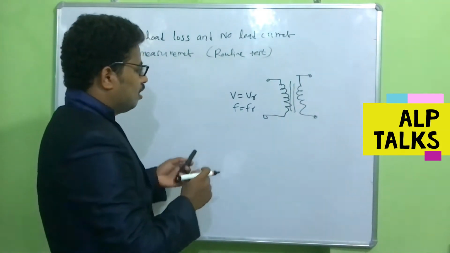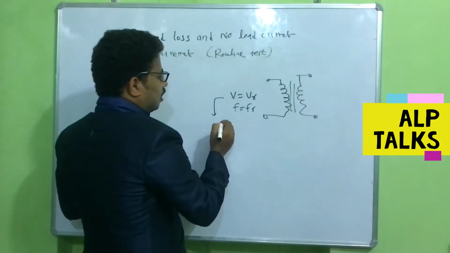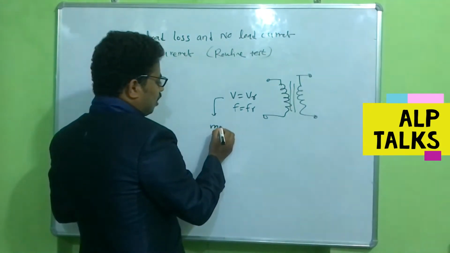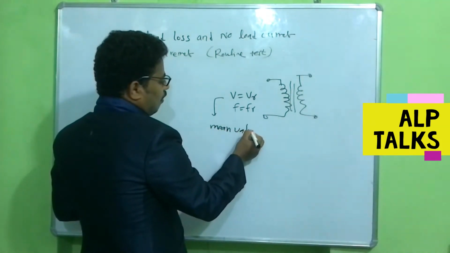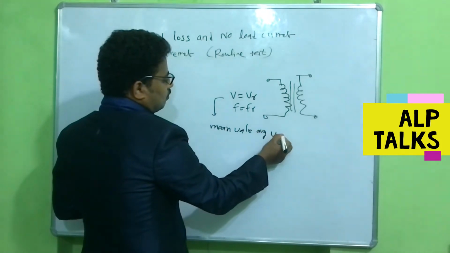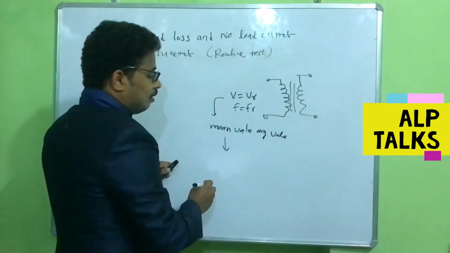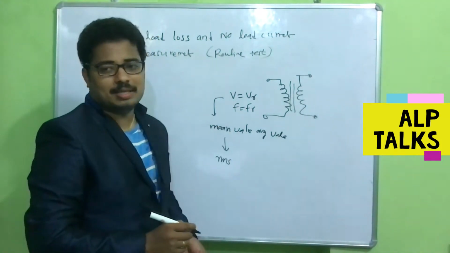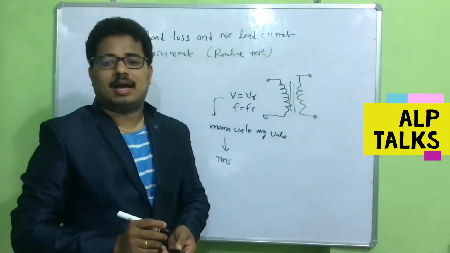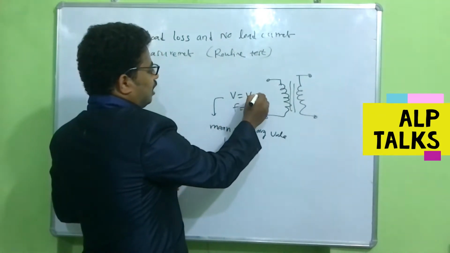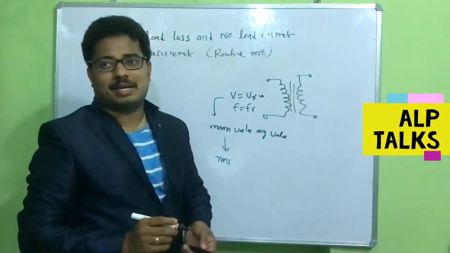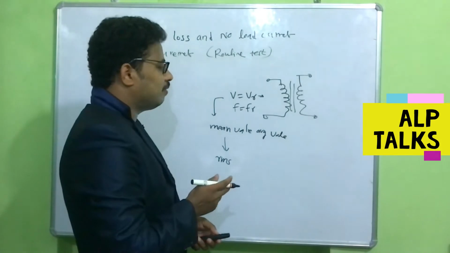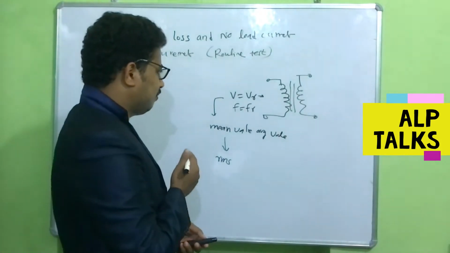From the voltage point of view, the voltmeters we use will monitor the mean value, the average value, and we convert that into the RMS value by using suitable multipliers, because this gives good accuracy. We should apply rated voltage only, and the frequency should be rated frequency only. But practically it is not possible, right? There can be a little variation in the voltages and in the frequencies.